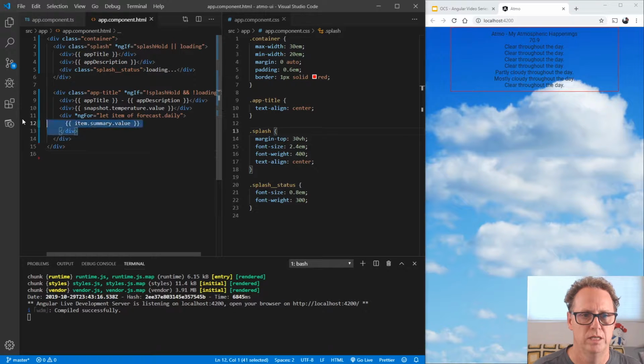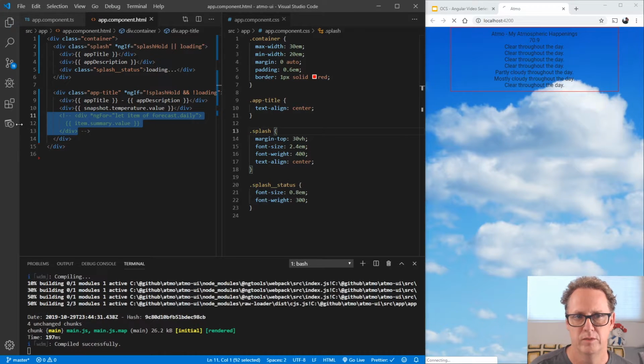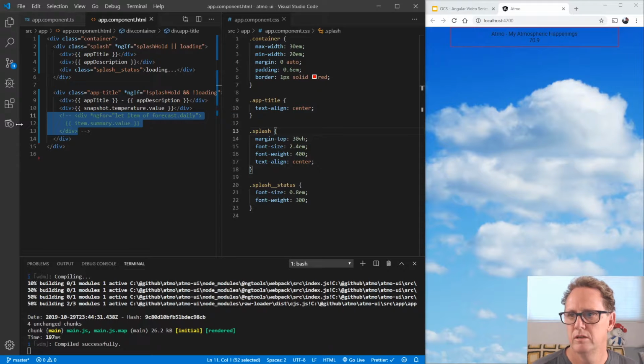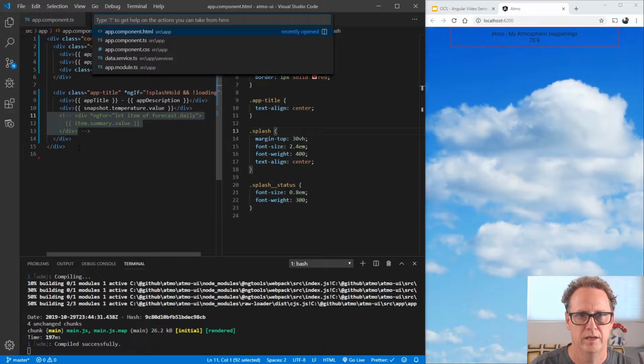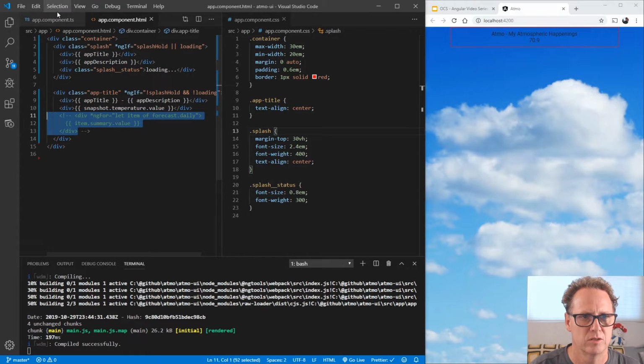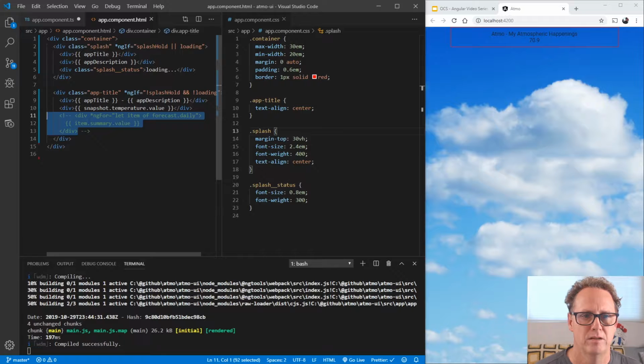I want to delete this, or I'll just comment it out for now, and we can load this. Hitting Control S, everything reloads. I'm also going to lower this flash time down to something like 500 milliseconds, so we're not waiting on that because we're going to be reloading quite a few times. All right, let's come back to our